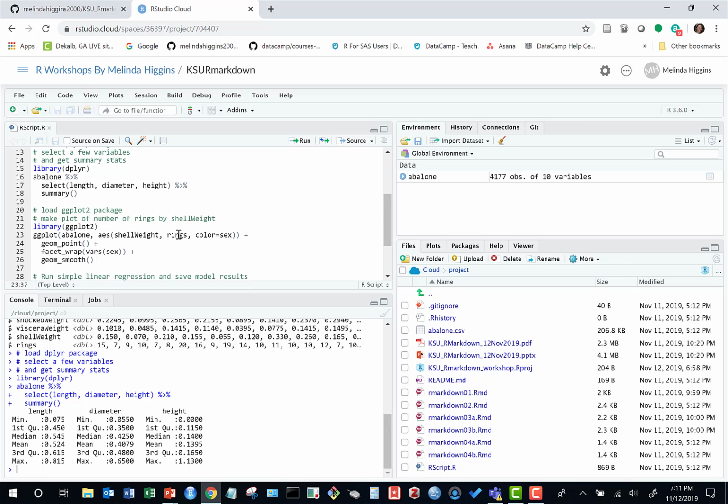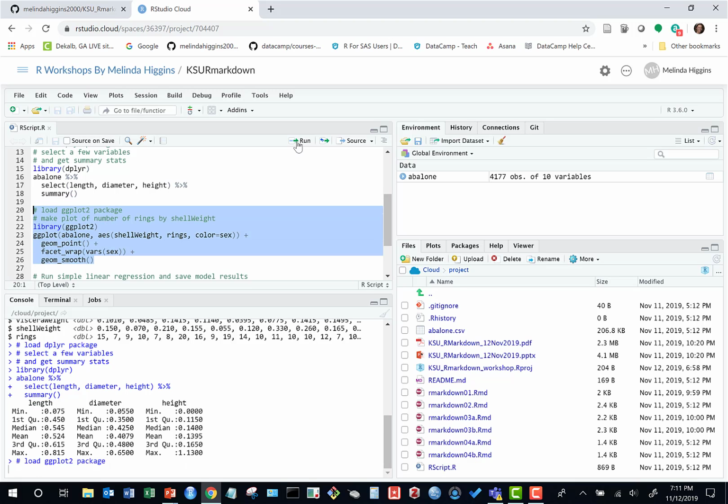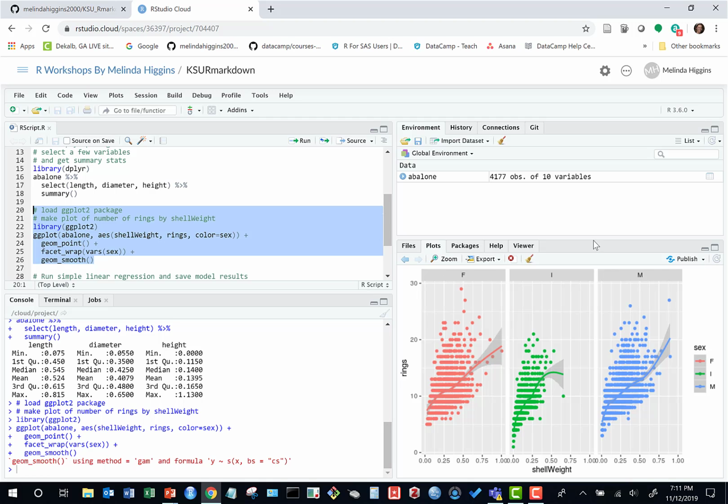So that's what we're looking at here, and it's a plot of looking at the weight of the shells against the number of rings. And then I've got them where I'm coloring and looking at things by sex. And then I'm breaking those into different little panels. The geom smooth overlays a kind of smooth fit line. So you get this